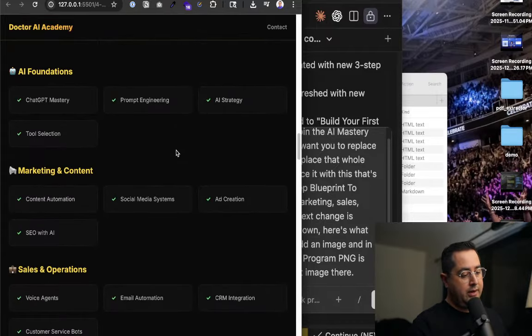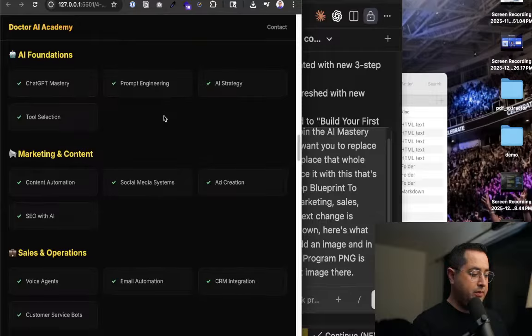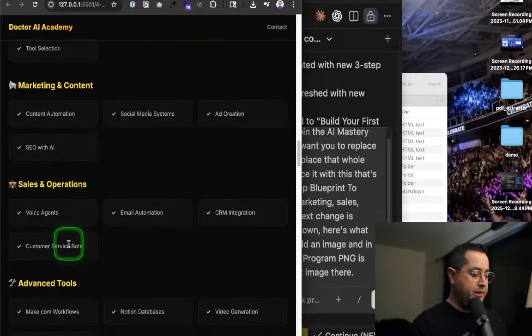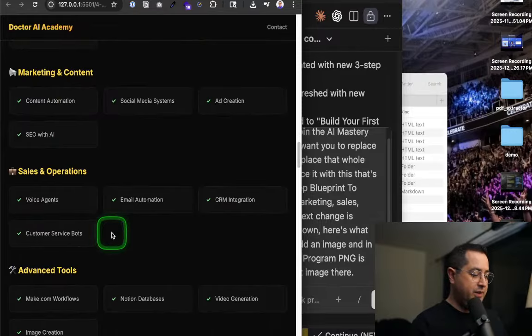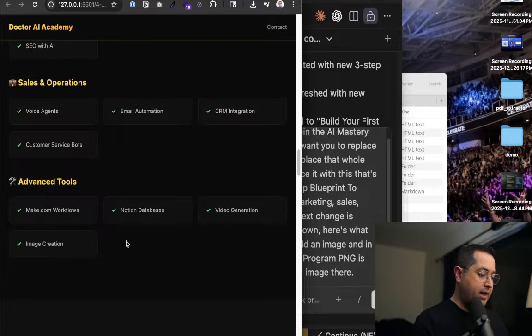And I'd rather have these instead of just blocks. I'd rather have these as checklists with copywriting for each of those lines. So I want you to use your copywriting skills to write copywriting for each of these check marks instead of just bullet points for these. Remove the sales and operations. We don't do CRM, email, voice, or customer service bots. And